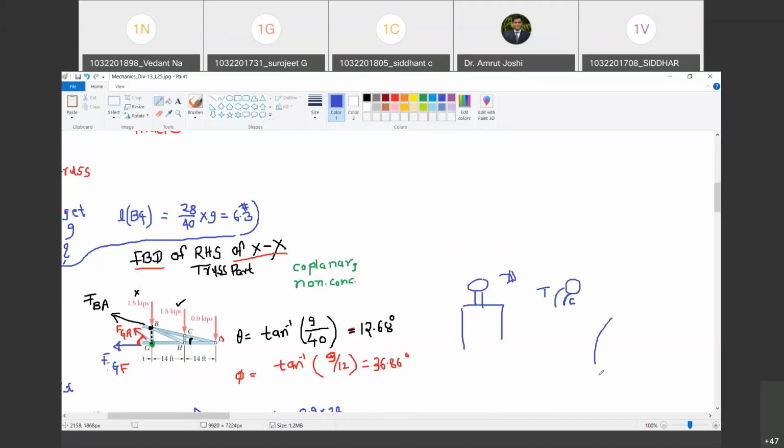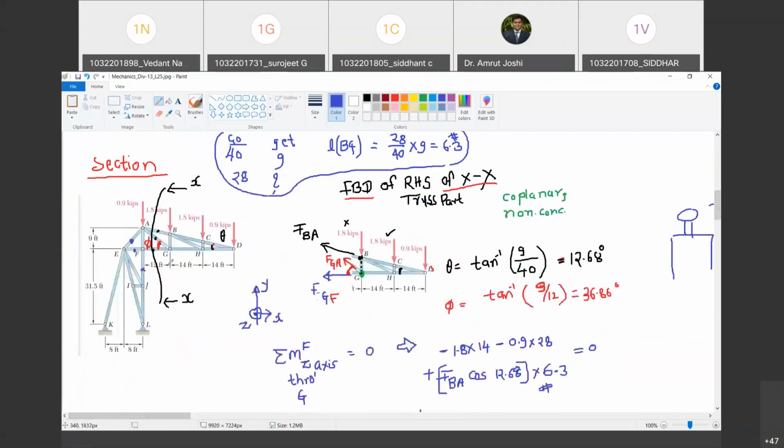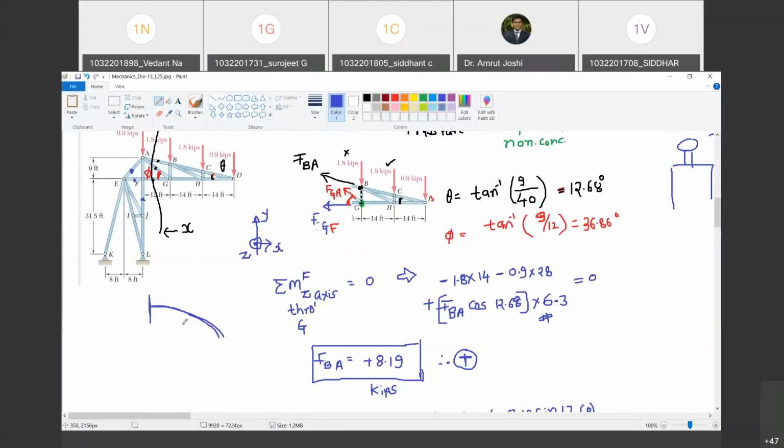So if there is a bending like this, on the side where two ends are going to come closer, you experience compression. On the side where two ends are going to go away, you experience tension. Do you agree with me? Yes, sir. Now look at this truss. How does this truss bend? This truss is going to bend like this. Do you agree with me? Yes, sir. If I represent this truss by a line, the deformed shape is going to be something like this. Happy? Yes, sir. So therefore, you are going to experience compression here, the two ends which are coming closer, and tension here. Do you agree with me?